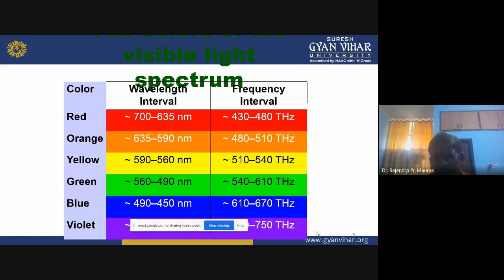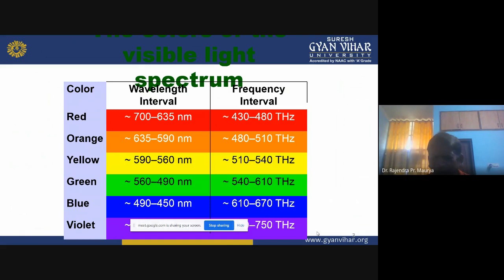In terms of the frequency interval of colors, wavelength and frequency have a reverse relationship. So red color has the longest wavelength and the frequency is minimum, so we can say 430 to 480 terahertz.